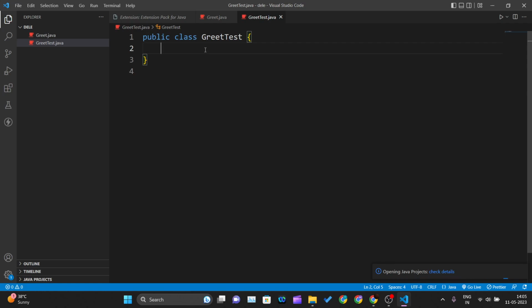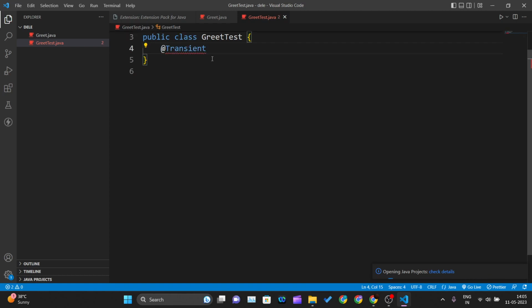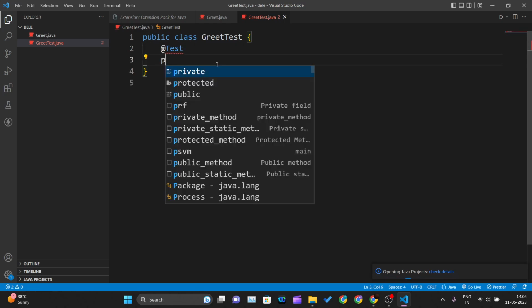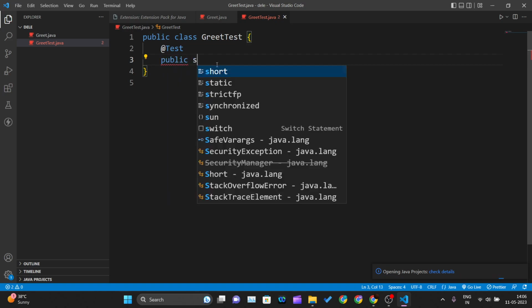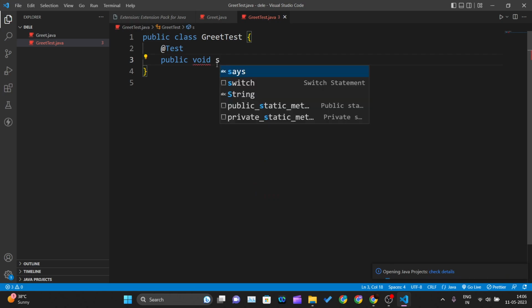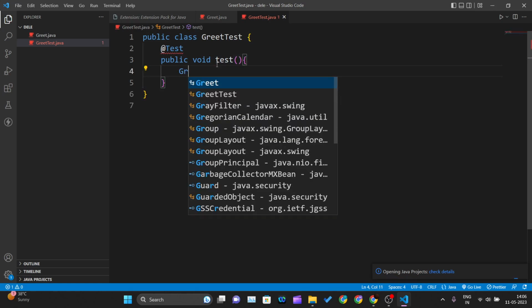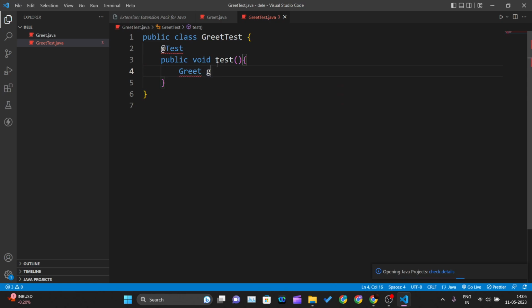If you watched our previous video, you would know that when writing test cases, you have to write the @Test annotation. What an annotation is, we have also discussed in our previous videos, so go check out those videos. Okay, so we will write public void test, which is my method name, and inside this method I will create a new object of this Greet class,